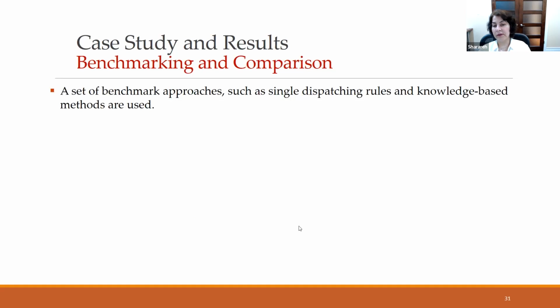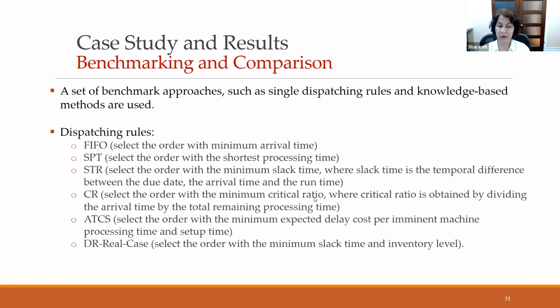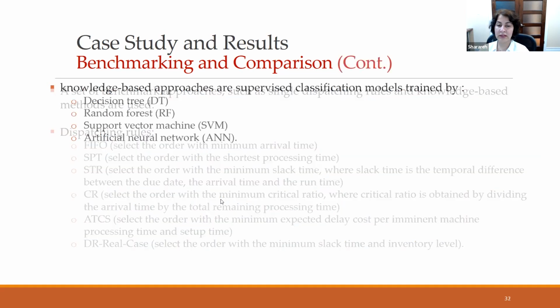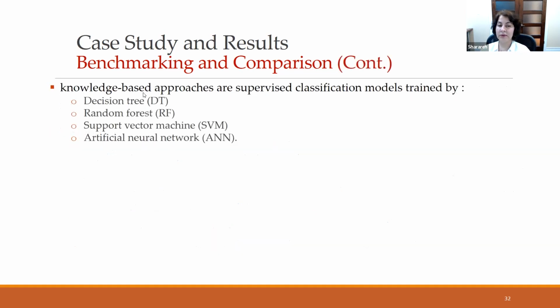But we wanted to compare the performance of our proposed methodology with some of the benchmarks. So we use both dispatching rules and knowledge-based rules for that purpose. From the dispatching rules, 6 different rules are considered. For example, FIFO, which selects the order with minimum arrival time, or SPT, which selects the order with the shortest processing time. So we wanted to see how our model performs in comparison with these rules, and also for the knowledge-based approach,